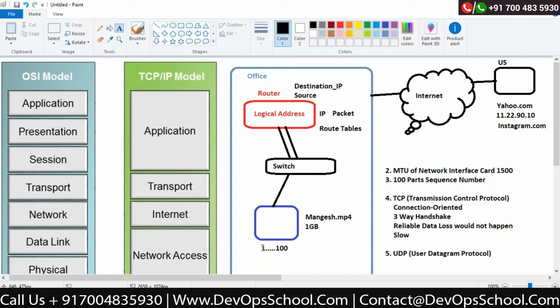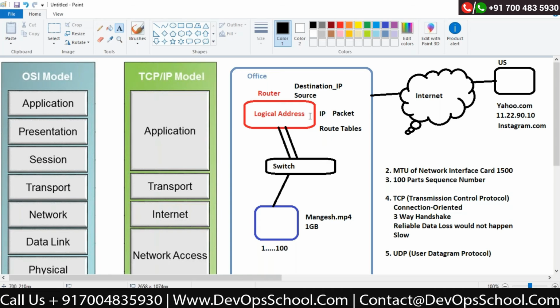Once he gets the acknowledgement, he will send the next part to Instagram. He will get the acknowledgement. That means for every sequence number he sends, he is supposed to get an acknowledgement of whether it was received or not. This is why it is reliable and data loss would not happen.